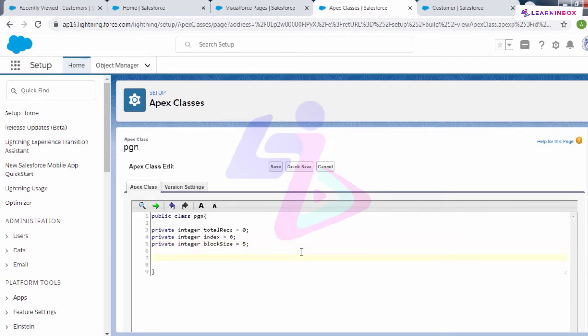Now, some basics should be clear here. Like we do in Java programming, Apex is also an object-oriented programming language. So in Apex also we have classes to perform specific tasks. Then we have objects, and if you know object-oriented programming, you know that objects are instances of a class. Whatever classes we create, we create an object for them to be used.